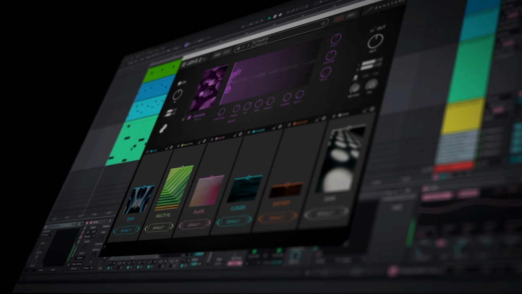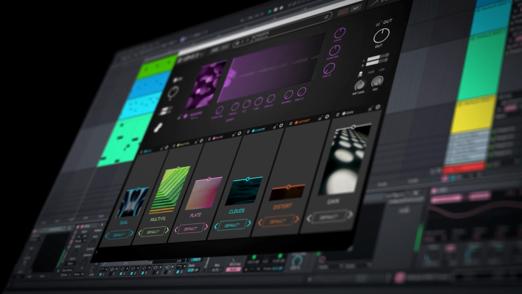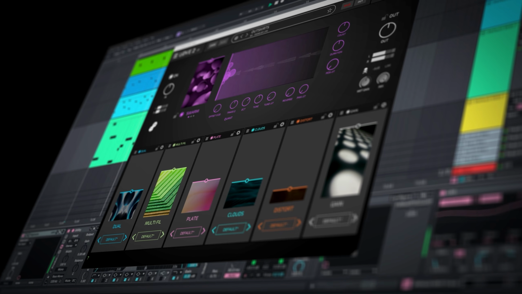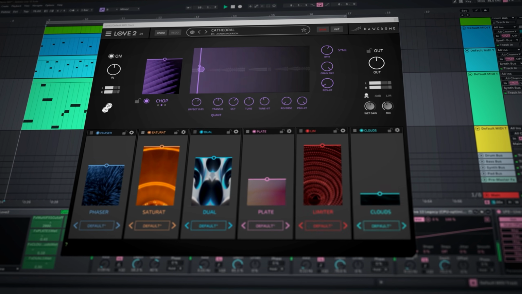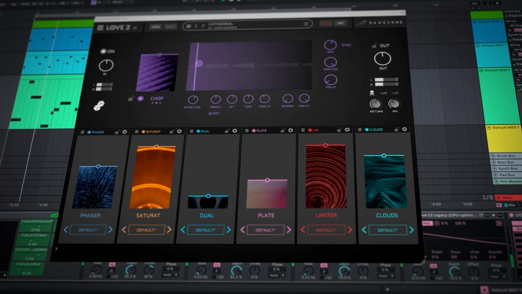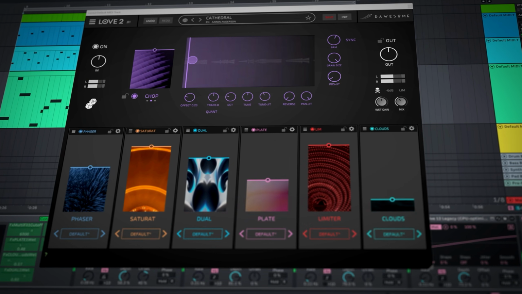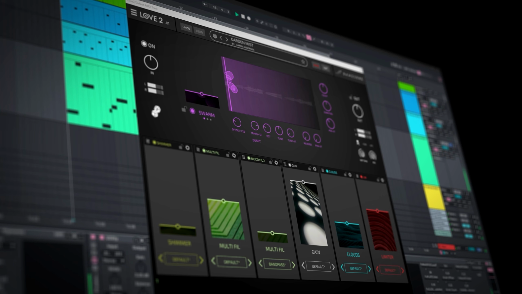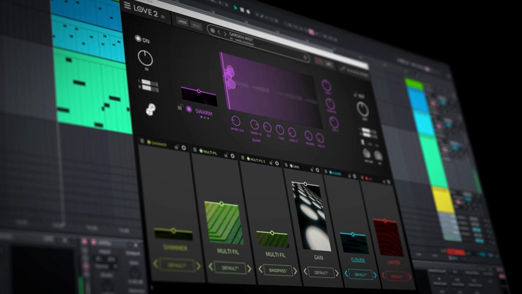Back in June of 2023, Dawson released a plugin called Love, and it landed at a really specific moment. A lot of producers wanted ambient depth fast, but without getting dragged into a 40 parameter rabbit hole every time they just needed a cloud of motion behind a sound. Love's whole reason for existing was simple and practical. Take almost any source, run it through a shimmer, a granular engine, and a huge spacey reverb, then get one page of workflow with smart randomization so you can explore quickly while still locking in what matters when you find